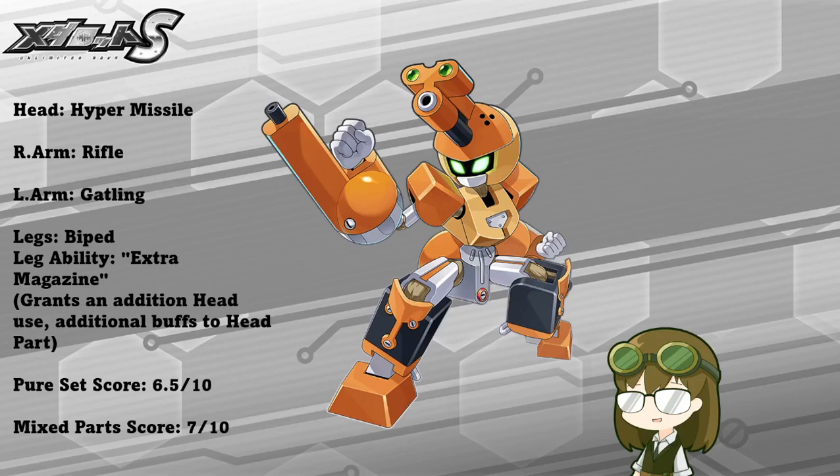Pure set score, unfortunately, I would rate about a 6.5, maybe a 7 at best out of 10. Not to say that he's bad or he has abysmal stats. He's honestly incredibly tanky. So if you're looking for that solid KBT that can take a beating and still keep on kicking, Dechotom is definitely your answer, but he does come with one fatal flaw, though, and it's the fact that his legs do have a pretty low mobility at about low mid-500s, I'd say at the highest when fully capped,